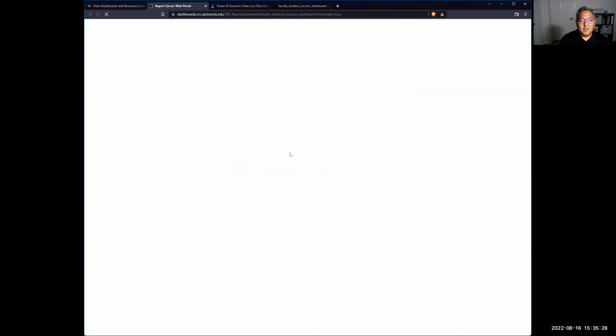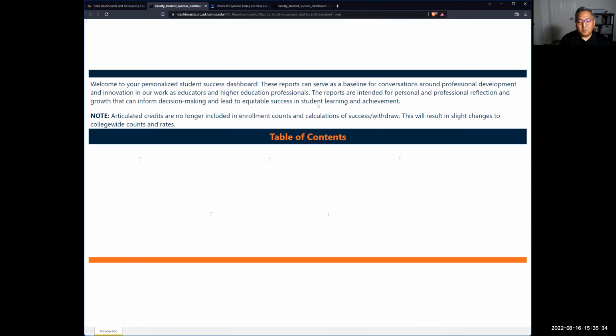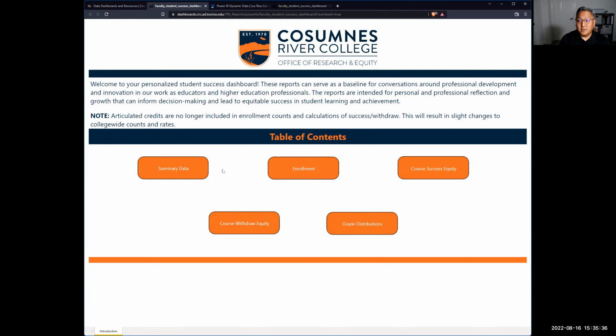So if you click on it, you'll be taken to a login. I think I hit my login stuff, and you'll see a table of contents essentially of your different aspects of your personal data. So obviously I'm logged in with my personal data, so I won't be clicking around, but just letting you know, you have your summary data, which is sort of high level, all of the classes you've taught,